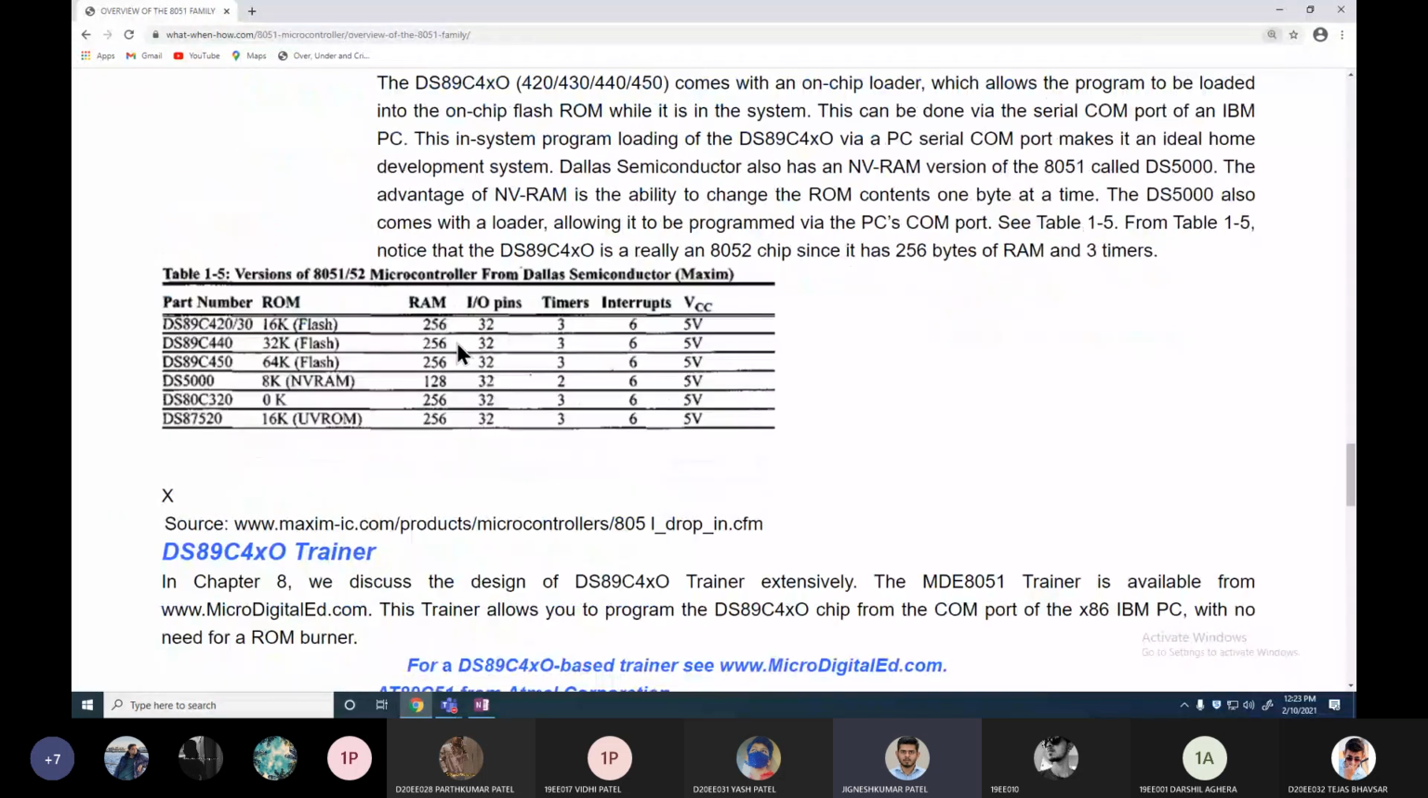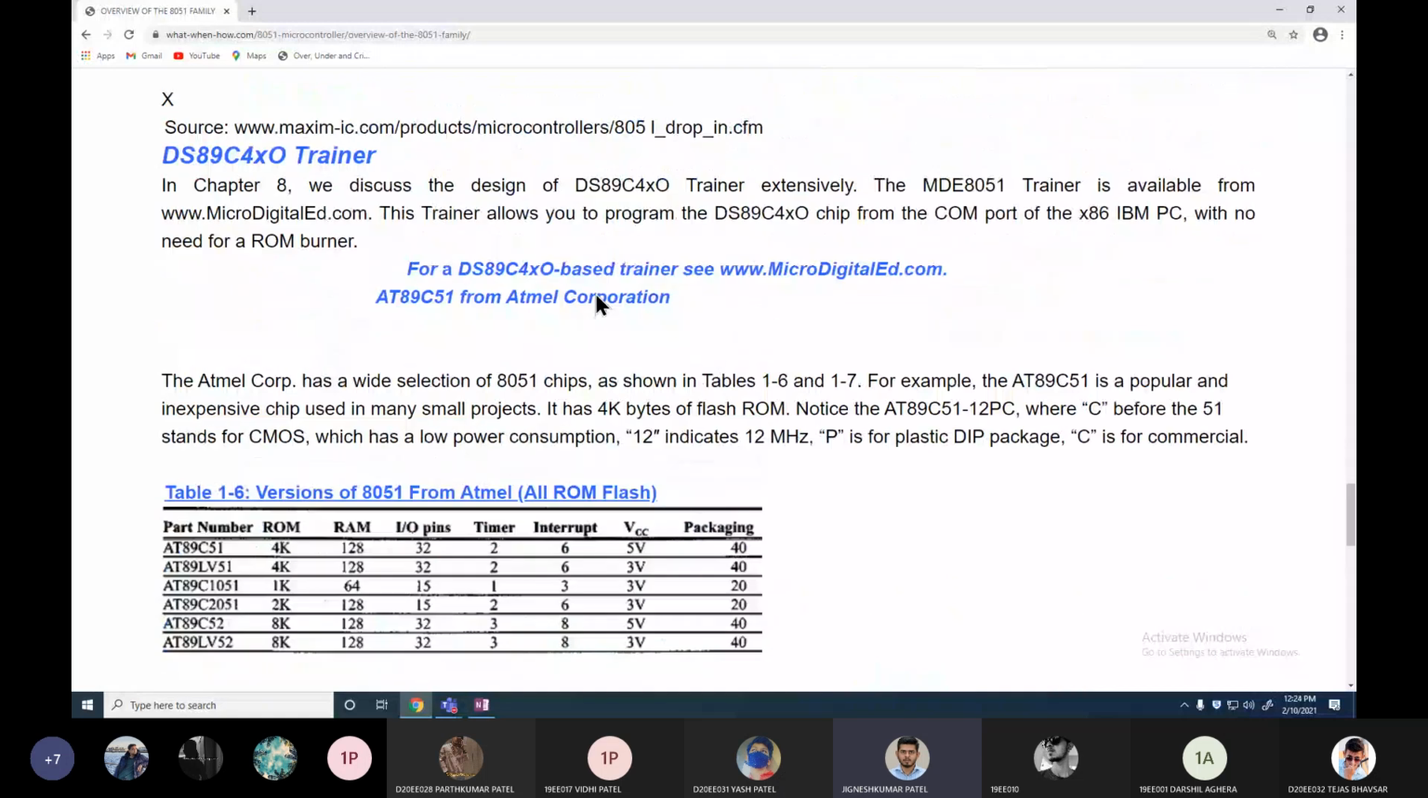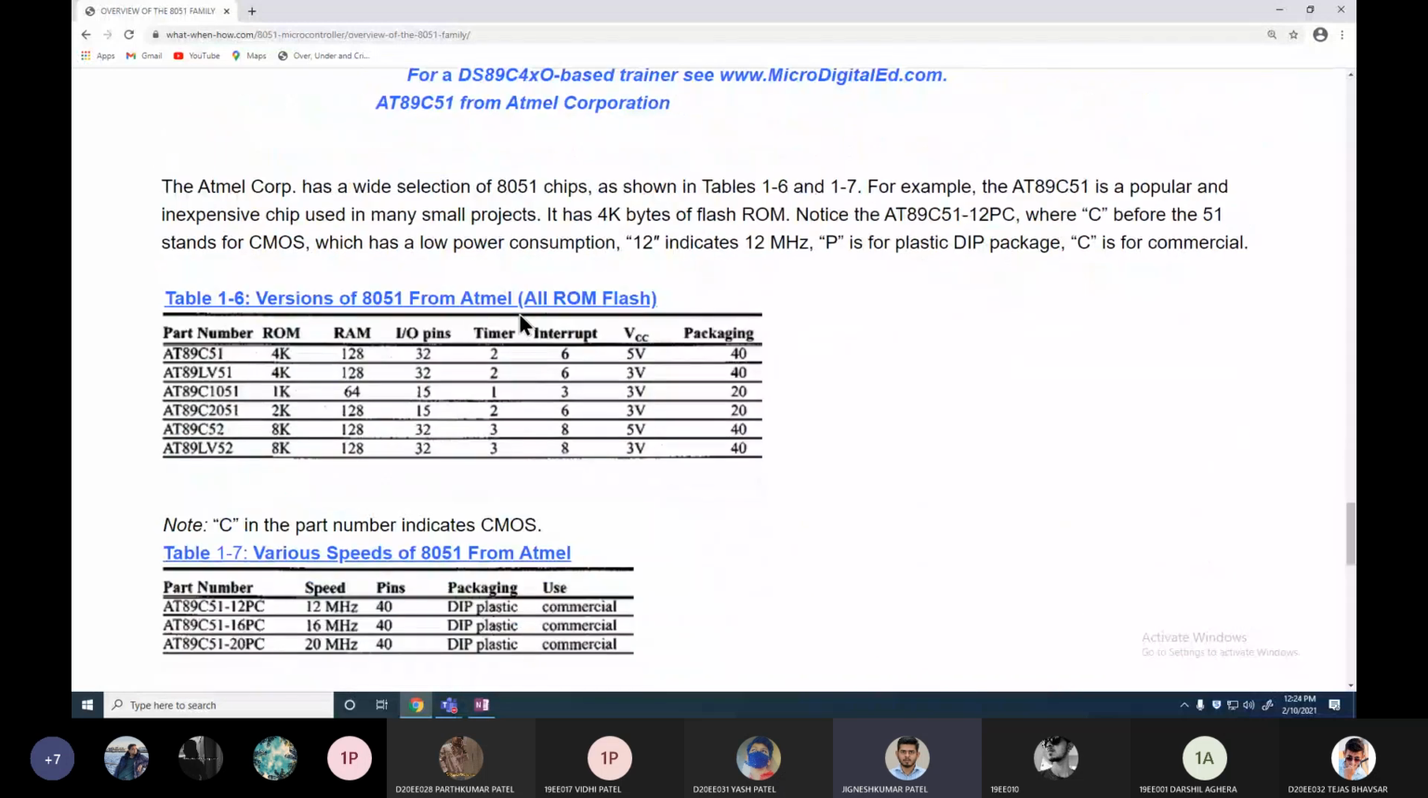Okay, who was the manufacturer? Atmel Semiconductor. These are the versions from Atmel. 89C51, 89LV51, 89C1051. Okay, these are the part numbers, the IC numbers I can say, and these are the features. This is the default feature. We are going to learn 89C51. So 4 KB of ROM, 128 bytes of RAM, 32 input output pins, 2 timers, 6 interrupts, 5-volt supply, and 40